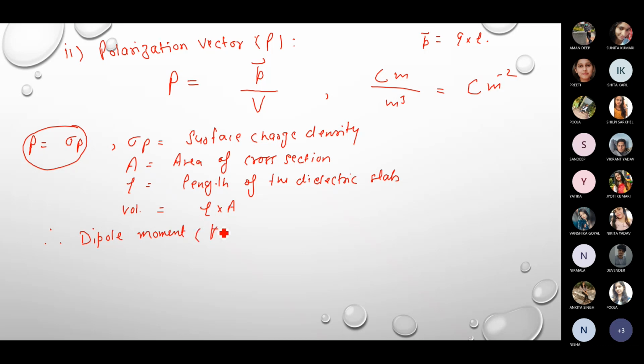P, small p, must be equal to how much? From here, from this equation, let us say equation 1 है ये, so this must be equal to p into volume, right? और volume क्या है? Length into area. So मैंने इसको ऐसे लिख दिया. Okay,